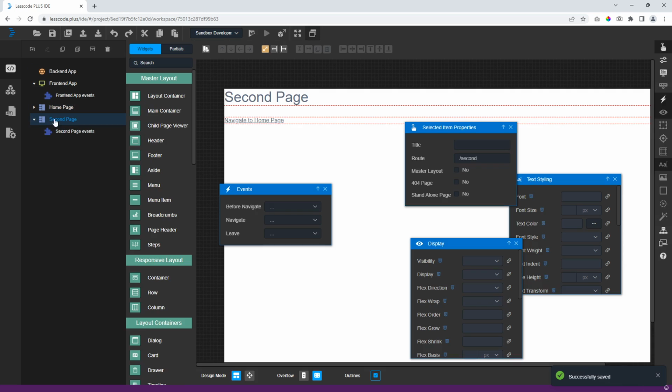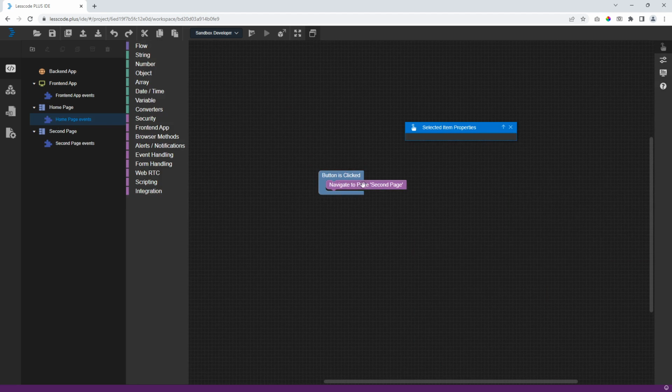And you can also add parameters for routing. To show that, let me change the route of this to second/:id. So id will be the path parameter that will be sent into the page. And in the home page, we have created this block to navigate to second page. So as you can see, when we configured the route to use the ID as the path parameter, it will show the ID as a text box for you to